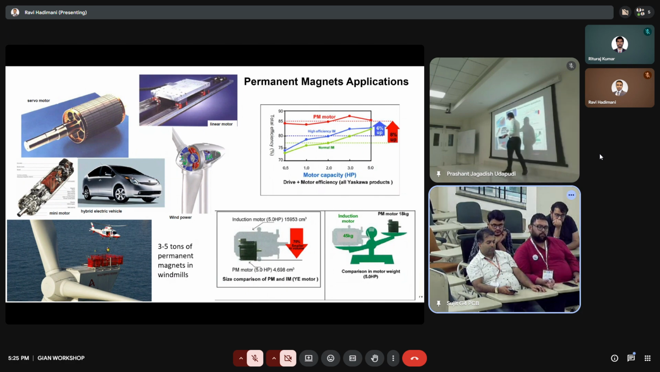So are hybrid cars and electric cars. They need permanent magnets in order to, you see here, the motor capacity, right, in terms of HP, if you want high capacity, look at,